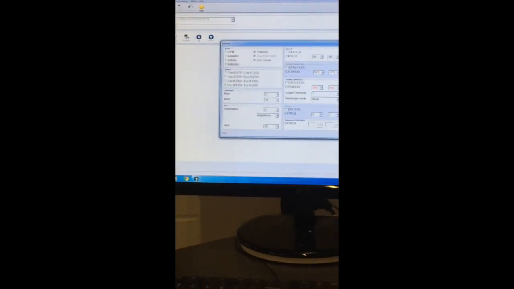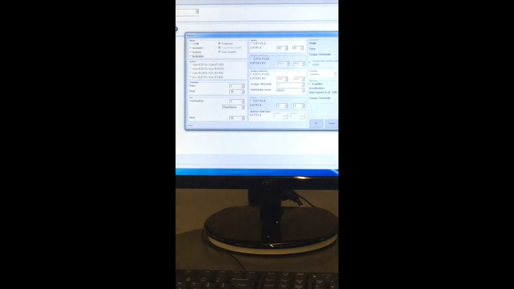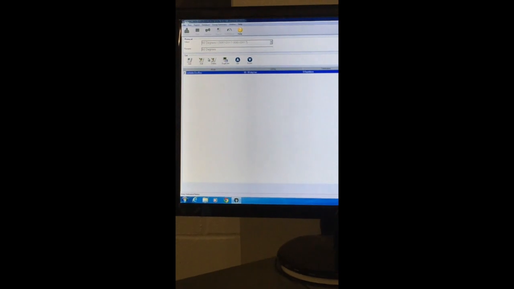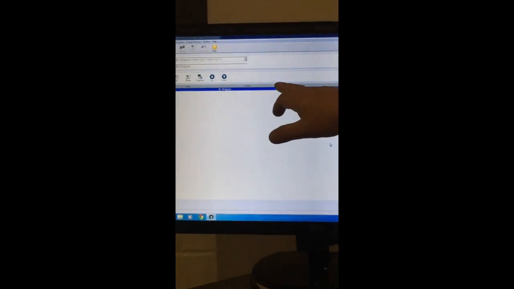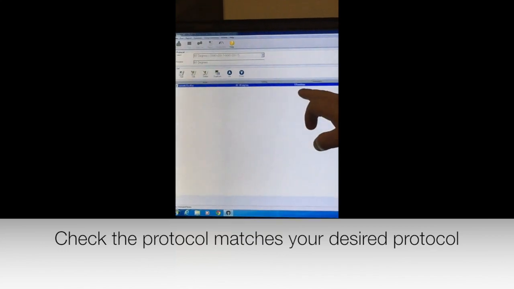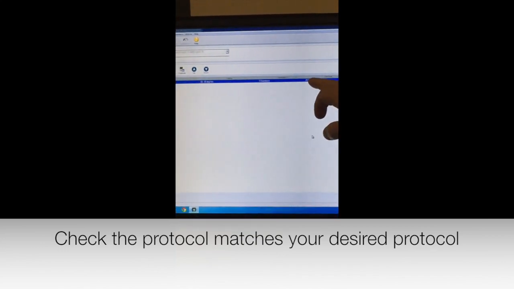You can add a protocol. So if it's not in the drop down list, you can click add. It will bring up exactly the same layout. You just put all your settings in and then that's a protocol that you can use. You can edit this one by double clicking on it. And you can delete, as I say, do not delete any of the protocols, because if you delete a standard one, it's gone from everybody. So if in doubt, just start a new one and then get me across and we'll figure out which one needs to go. Once you're happy, you'll see setting 60-60, termination 5 reps, which is what you'll test, 20-second rest,